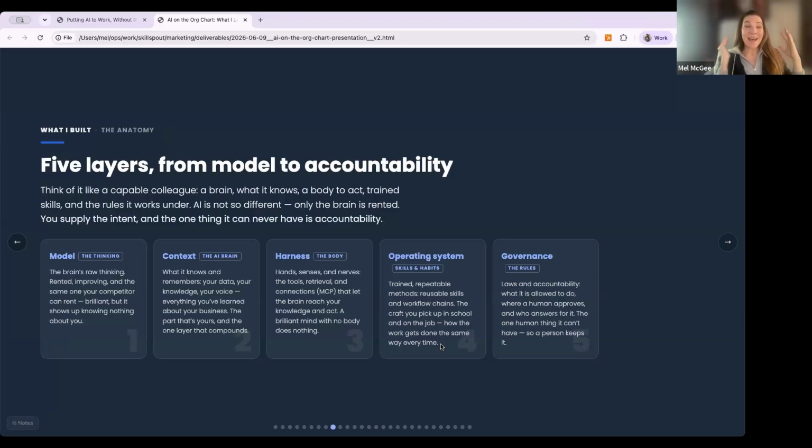But that's not it. A lot of people are leaving off one of the most important parts here, the governance. So these are the rules, the laws and accountability: what your system's allowed to do, where you need human judgment, who answers for it.